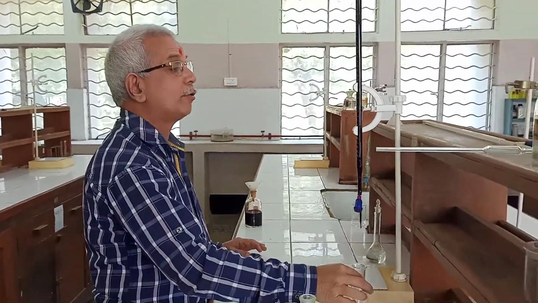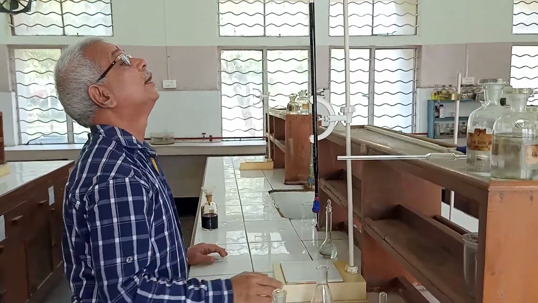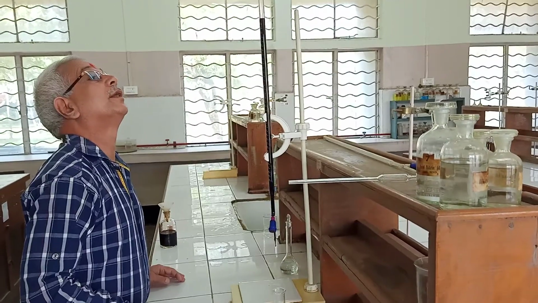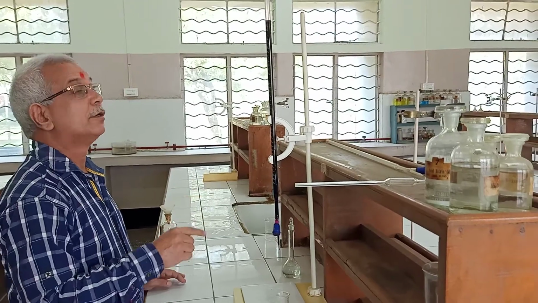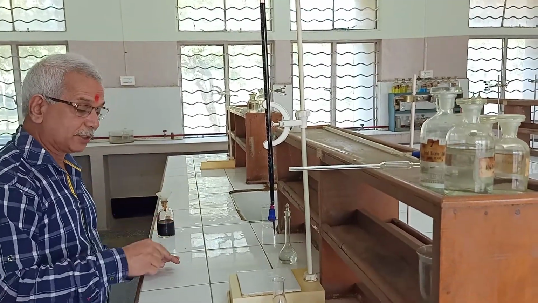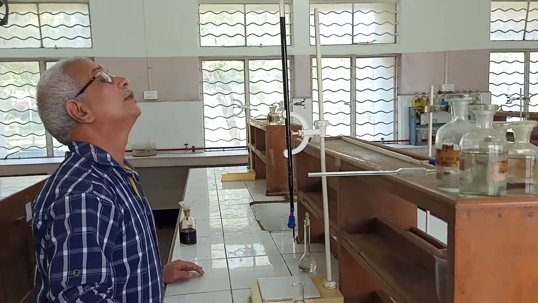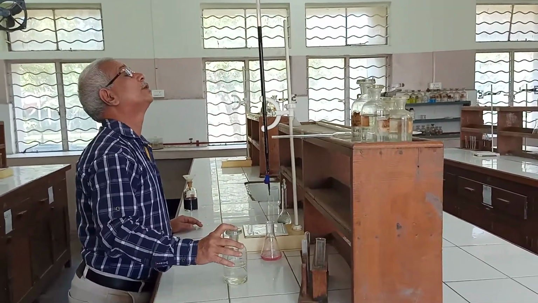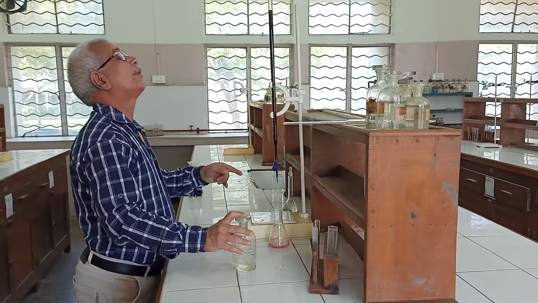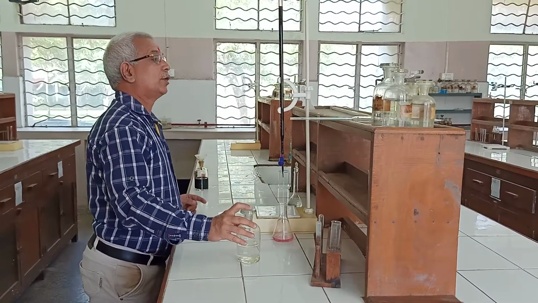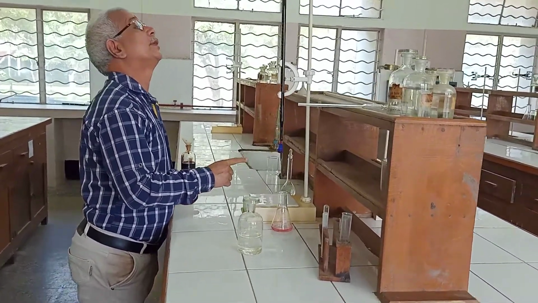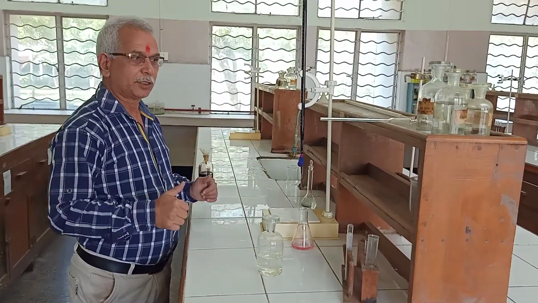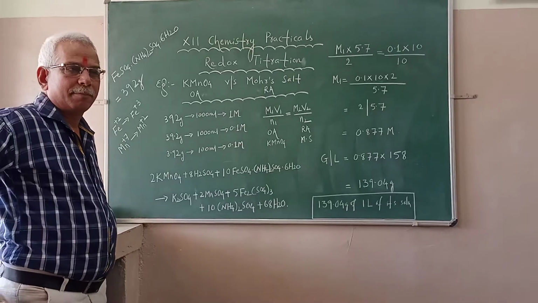Right? Now I have to note down the reading. It is 11.7. Okay, between 5 to 6, you know. So it is 11.7. So I will note down 11.7. So 11.7 is the reading. Okay, this much ml of KMnO4 was consumed to react with the 10 ml of 0.1 M Mohr's salt. Okay, so now please keep in mind 11.7 is the reading. Right. Now we will do what? Calculation part. Okay, please wait for the calculation part.